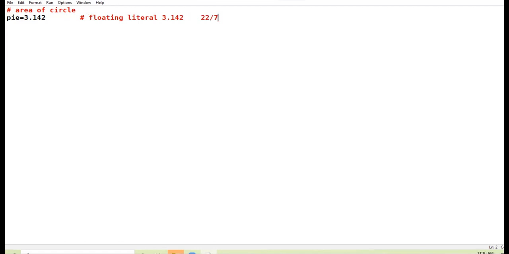Clear? So I have taken a variable pi. You can take any variable and initialize it with the value of pi 3.142. Right? Now you want to calculate the area. I am taking a variable area because when I will calculate the area, I need one variable to store the result.